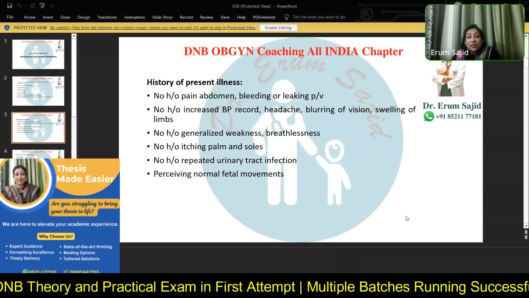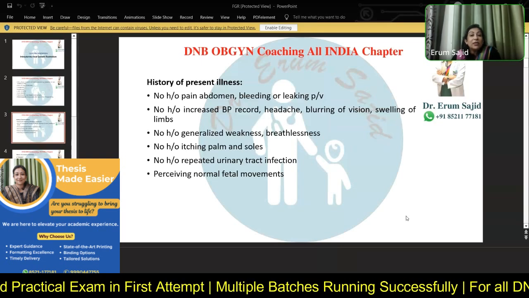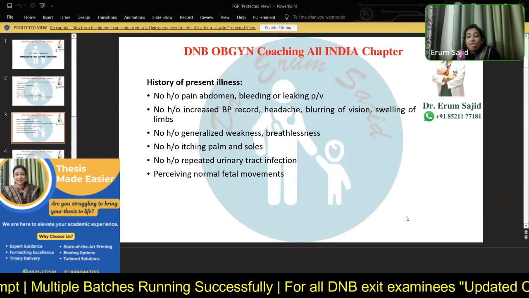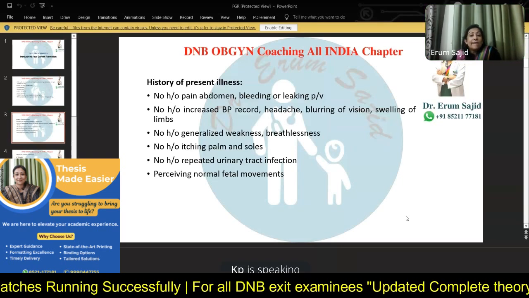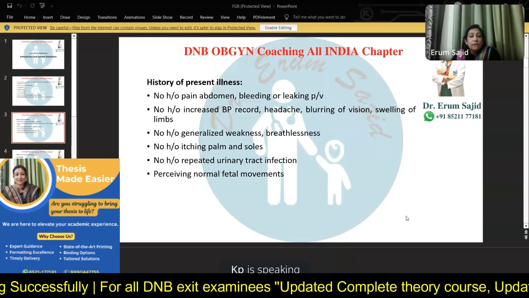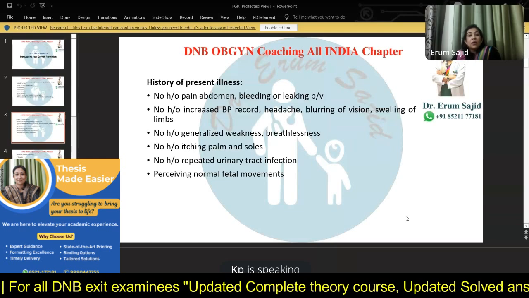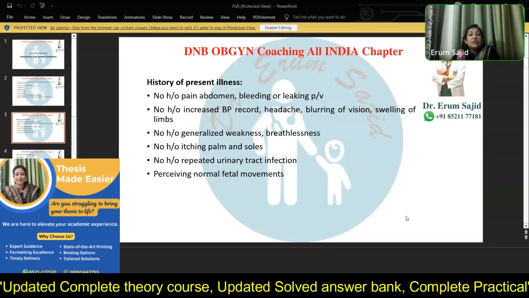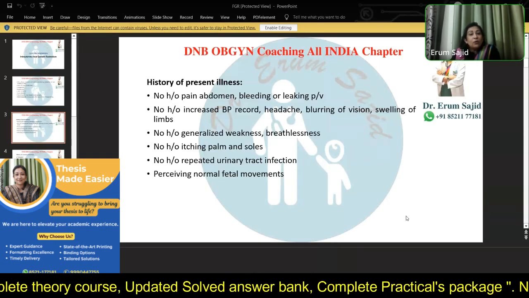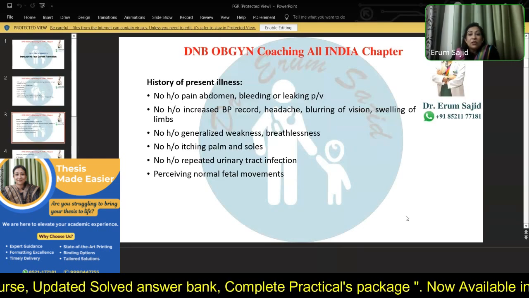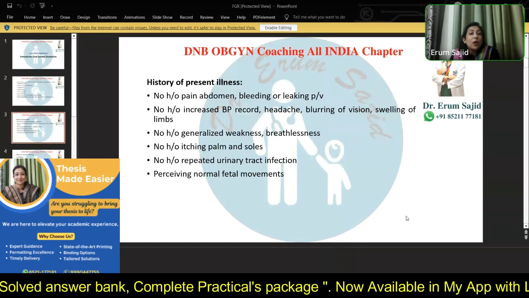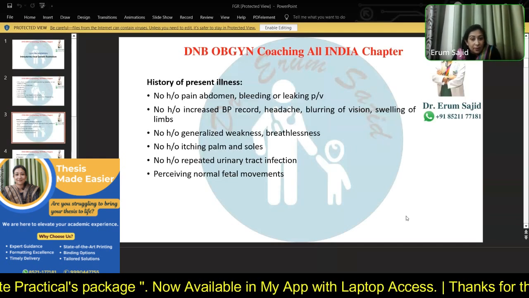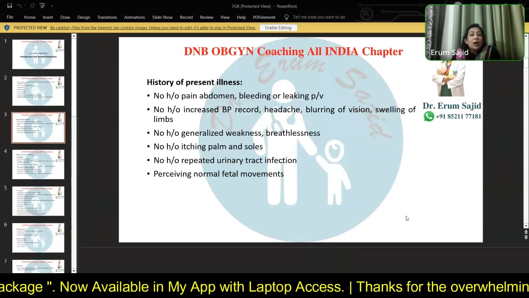Then next set of symptoms, generalized weakness and breathlessness, they are symptoms of... Come on, guys. Ma'am, these are because of maybe any chronic illness which is leading to anemia, or she is having any cardiovascular problems, chronic cardiac diseases. Both of which will cause FGR. So we are just trying to figure out why is there a growth lag. So in the very outset, history of presenting illness, we are kind of righteous to ask what are the probable causes of having a fetal growth lag at this point in time. So is she having any anemia, or she's developing preeclampsia,